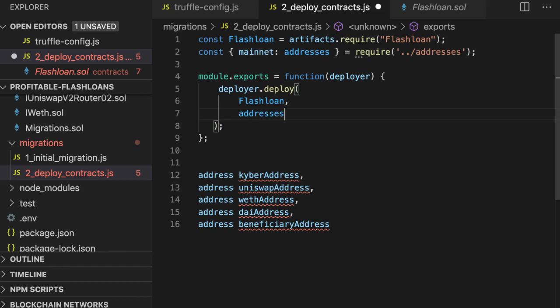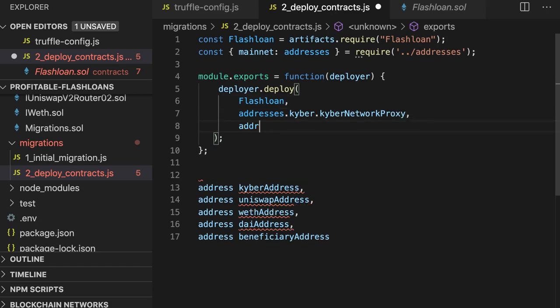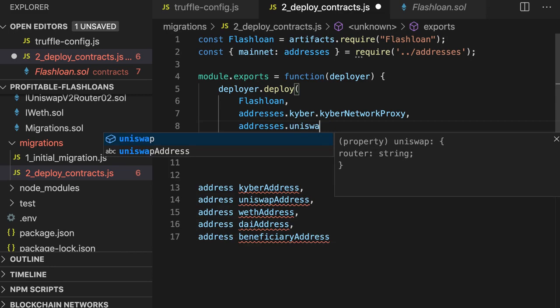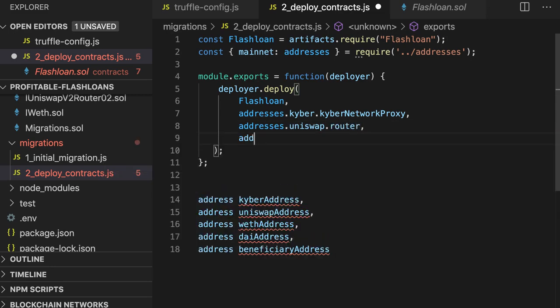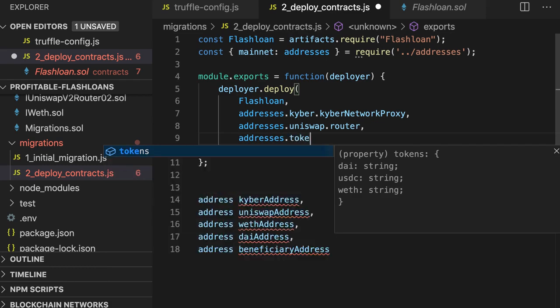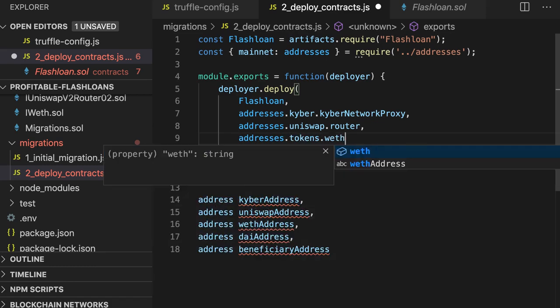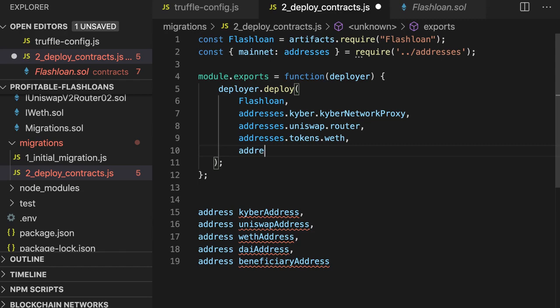So first Kyber network proxy, then Uniswap, this is the router, then Grab Ether, then DAI,